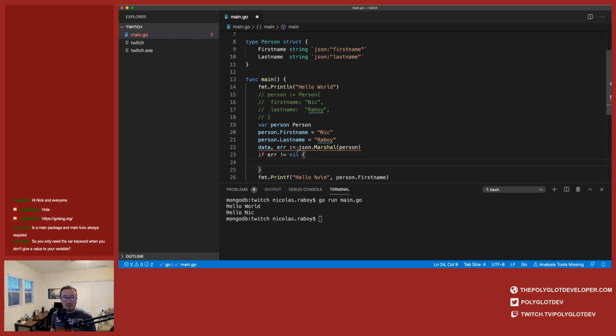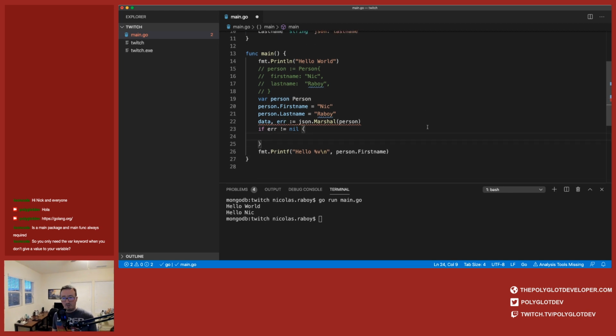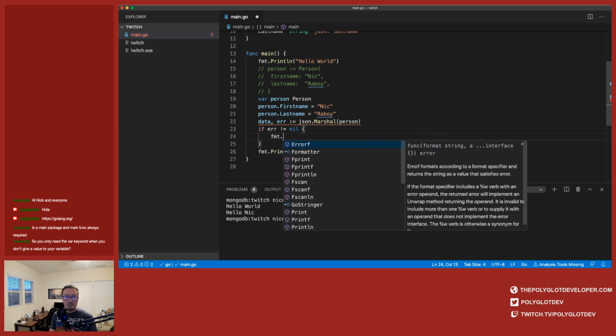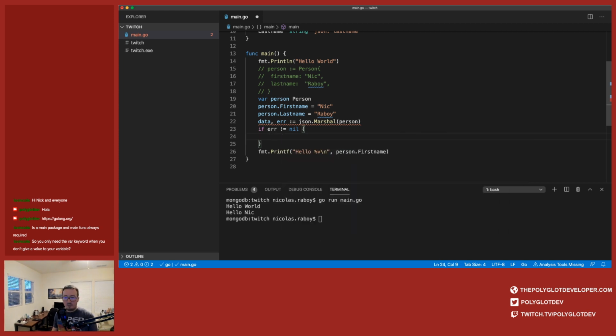If it's not equal to nil, that means this does contain an error, and we should probably print it out. If we wanted to, we can say fmt.Println. It'll print it out here, and then it'll proceed to print out on line 26. So we can do a few different things. We can say log.Fatal.